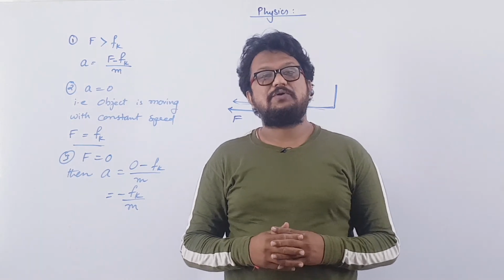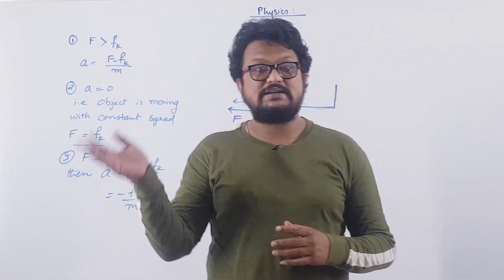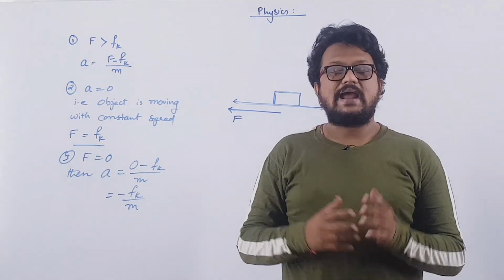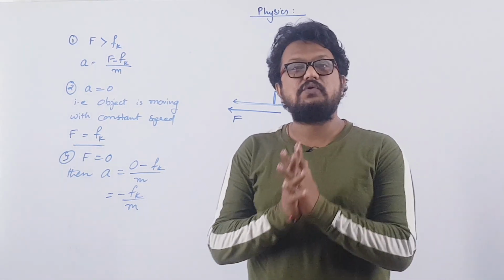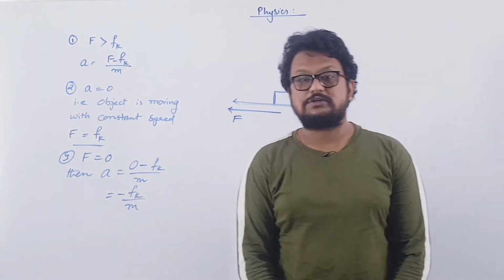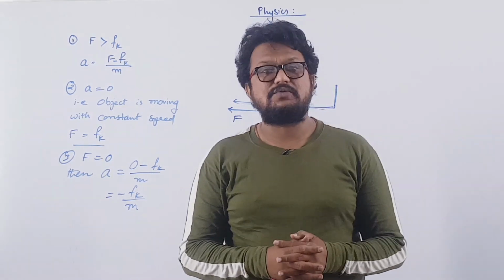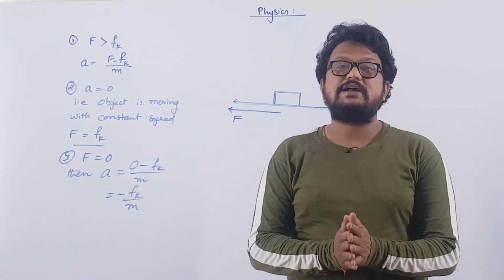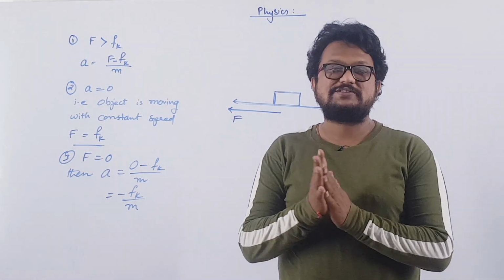Apart from that, we are going to discuss about the advantages and the disadvantages of the frictional force, and at the end of that we will solve few MCQs based on frictional force. That is Fs is equal to mu s N and all that. Based on that formula we are going to solve few MCQs in our next video lecture.